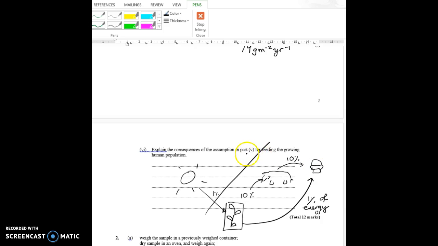If we wanted to be more efficient about feeding the growing human population, there's an argument that instead, if we ate plants, we would be getting 10% of the energy fixed by the sun. So it's far more efficient to eat as a vegetarian. Of course, the issue is, and you don't need to answer this in the question, how we get enough protein, and you're going to have to eat certain kinds of foods like beans, mushrooms that contain higher amounts of protein to meet your needs, specifically for your cells to function, for your tissues to grow and be healthy. But in terms of the amount of energy you need,